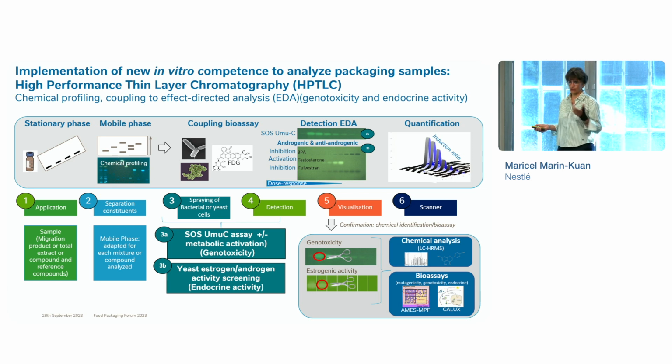And we can do a chromatography and separate our migration samples or extraction samples of packaging, which will allow us to really elucidate what are the compounds that are present in my migration samples. And then I will pour or couple this chemistry to my bioassay. So I will not separate them, I will put them together. And what I will get is that I can assess with my bioassays, instead of using 96-well plates, I will use the plate to have genotoxicity tests or endocrine activity. These tests already exist